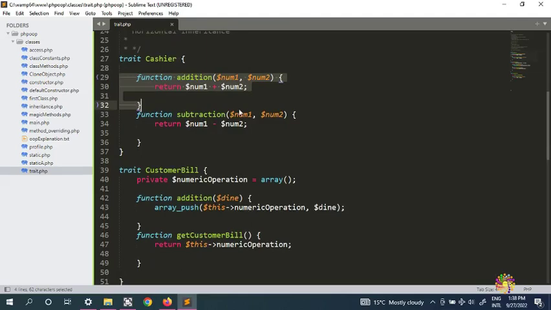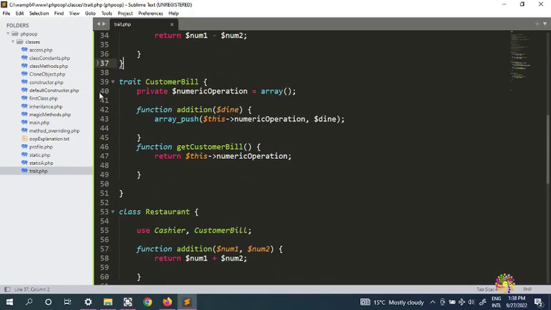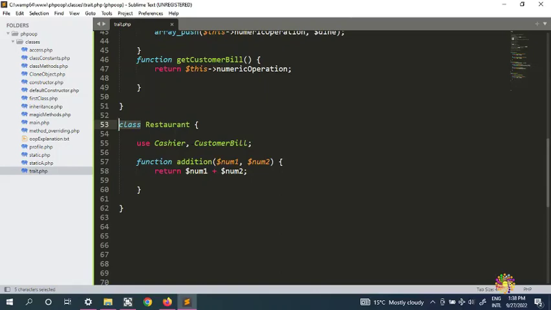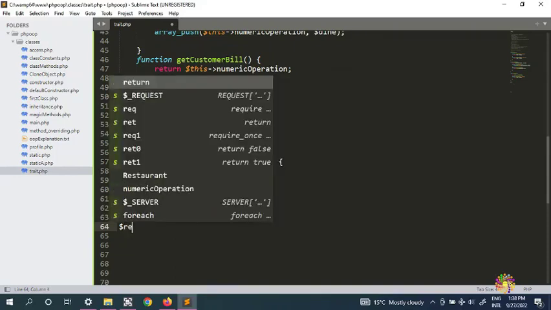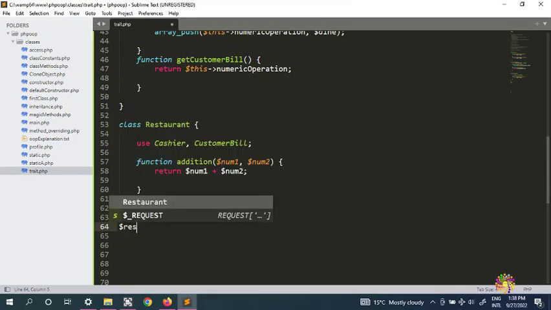We need to instantiate, but as I said, because there's no keyword class here, you cannot instantiate this one. There's no keyword, the only thing we can instantiate is the class. And here we can use the keyword use for the trait Cashier and CustomerBill. Okay, so now we're going to put, for example, a restaurant, our coffee shop,